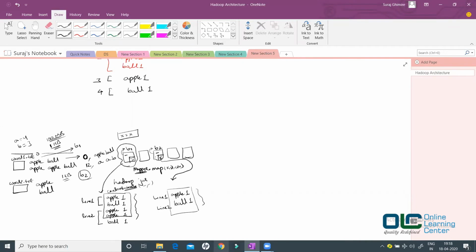Okay, now once this is done, this will go for the shuffle and sort phase. In the shuffle and sort phase, the data from all of these computers would be assembled. In our case, we have the data here, we have the data here. So the data would move somewhere. Maybe b2 data would move to b1, or b1 data would move to b2, or anything else, right? So let's assume that all the data from b2 moved to this place.